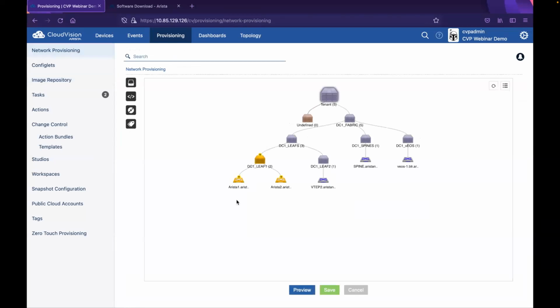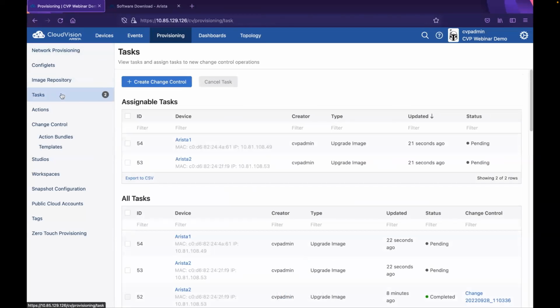And if you head back over to the network provisioning page, you can see a task has been created for both Arista 1 and Arista 2. Now, you can see the CVP compliance check has already kicked in. It is telling you that the Terminator version mismatch is there between what is running on the switch and what is mapped on CVP. So again, this warning will go away once we execute these 2 tasks. So now you can see we have 2 tasks with us, a task for Arista 1, a task for Arista 2.